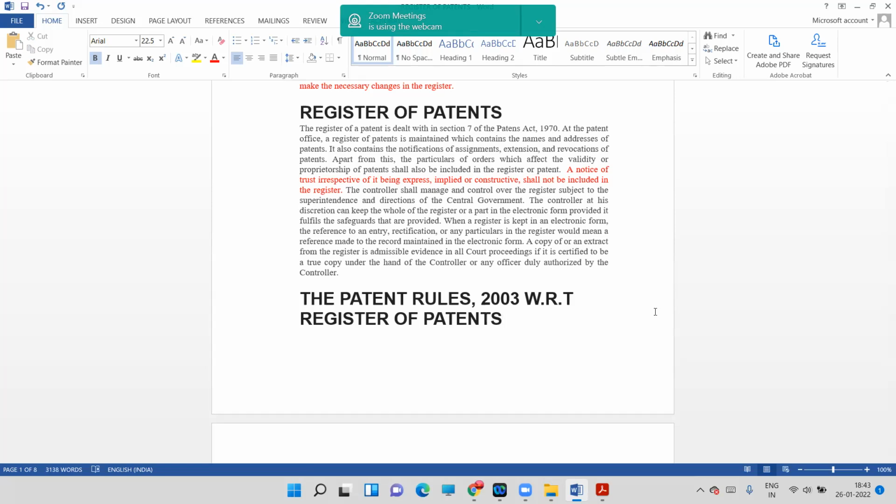Ma'am, what does this mean? Okay. Yeah, I was also about to ask the same question. Because when you go to section 67, the same terminologies it will contain, right? So you should understand the notice of trust. So what this clause means, notice of trust. Irrespective of it being क्या करना है उनको, express, implied और constructive. ठीक है, ये तीन चीजें तो पता है आपको, express, implied और constructive क्या होता है. कंस्ट्रक्टिव मतलब कुछ चेंजेस किए हैं, एक्सप्रेस मतलब उनके खुद के ऑन द बिहाफ ऑफ कि उनको चेंजेस करने हैं कुछ, and implied means